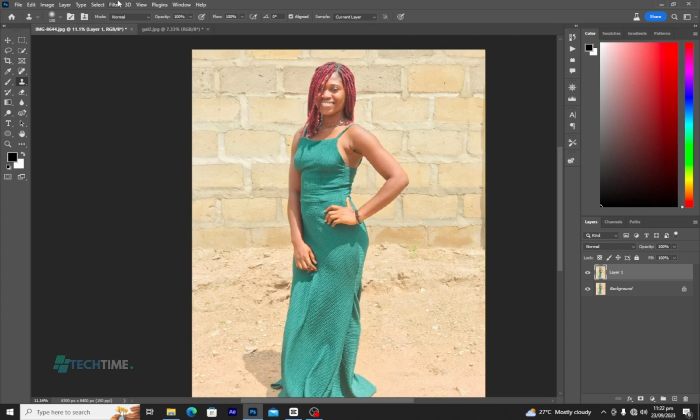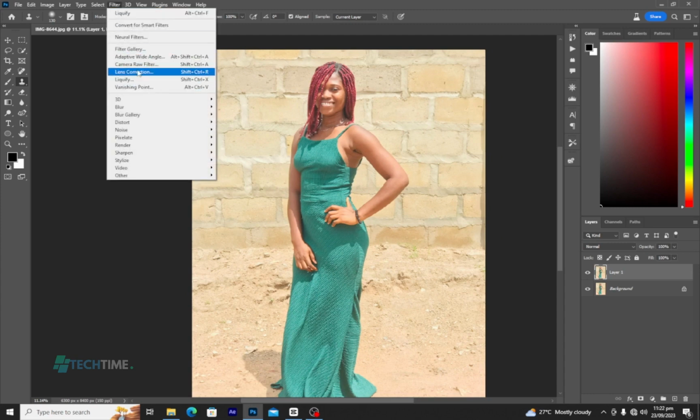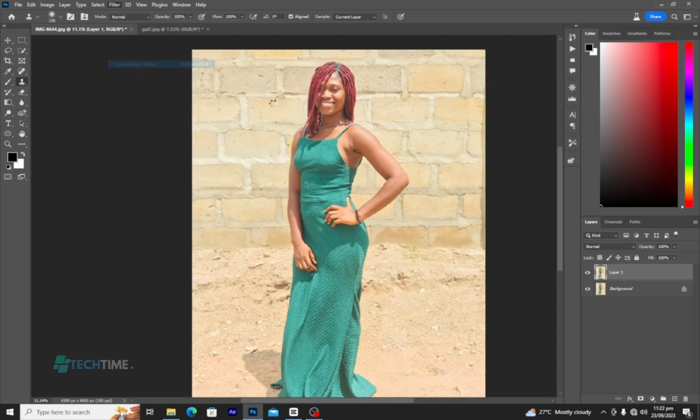Furthermore, we'll move to Filter, and I'll choose the Camera Raw filter to give this picture a realistic view. As you can see, it's a little bit blurry, so we need to adjust the contrast, give it exposure, lower the blacks, and give it color. So we are going straight to the Camera Raw filter. To do that,